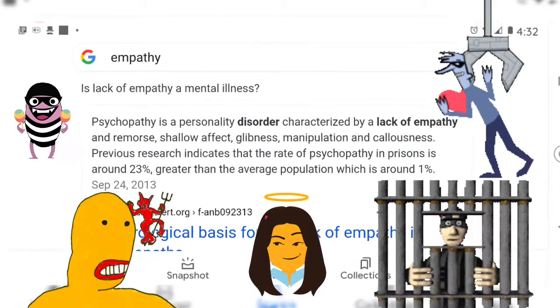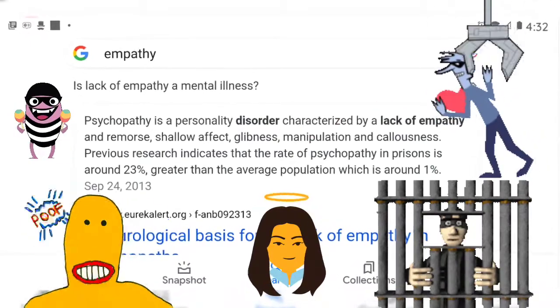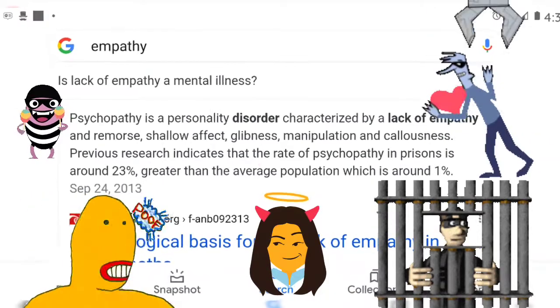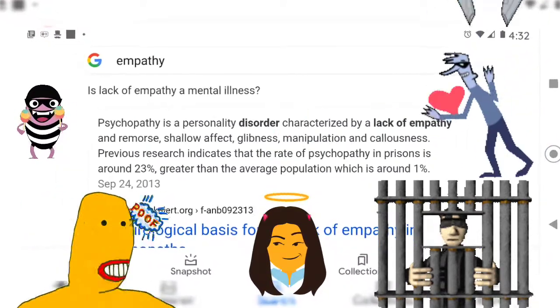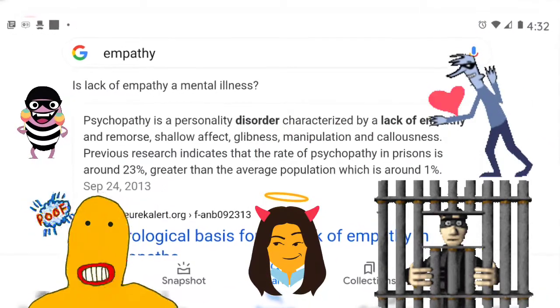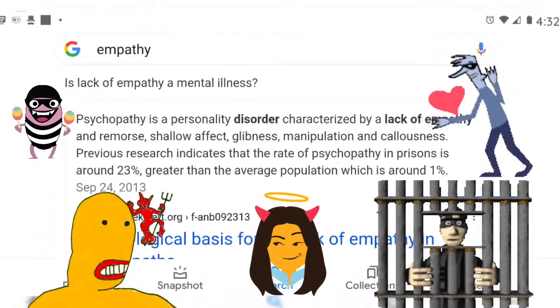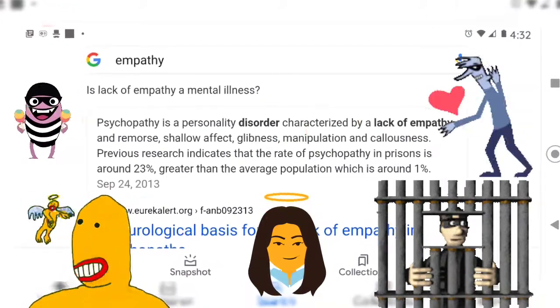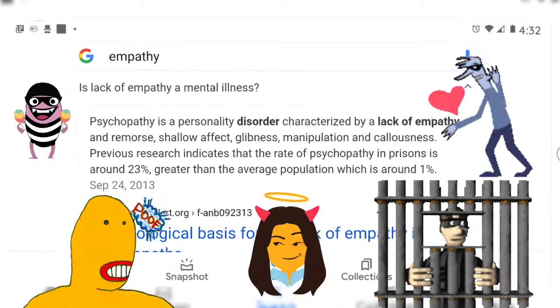Is lack of empathy an illness? Psychopathy is a personality disorder characterized by a lack of empathy and remorse, shallow affect, glibness, manipulation, and callousness. Previous research indicates that the rate of psychopathy in prison is around 23% greater than the average population, which is